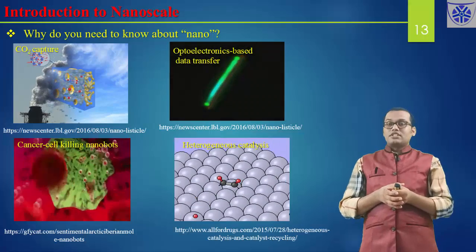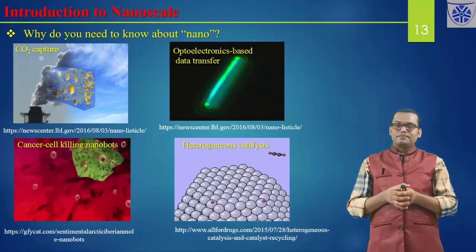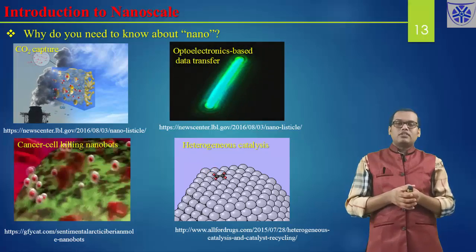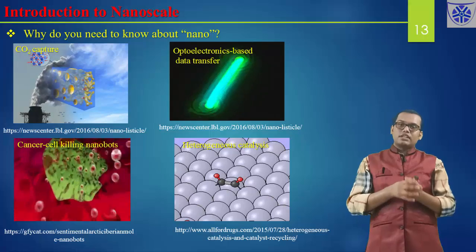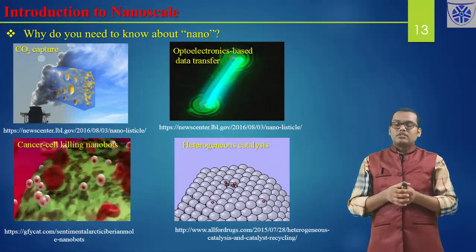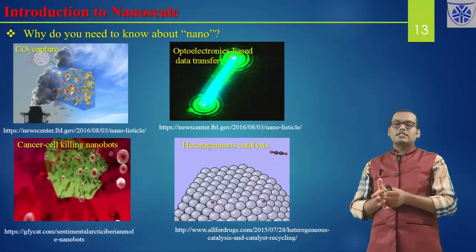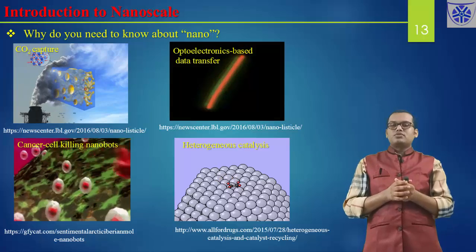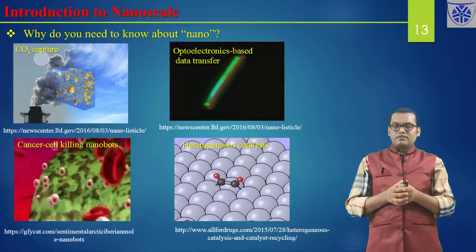Another example, which is very, very interesting actually, is catalysis. It's called heterogeneous catalysis. In any application like fuel cells or water splitting, this catalysis topic comes. Even in organic chemistry this catalysis is there. So you need to understand the difference between homogeneous catalysis and heterogeneous catalysis. Homogeneous catalysis means whenever you are doing catalysis in the same phase.